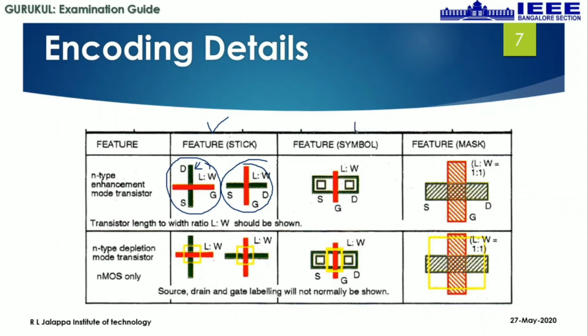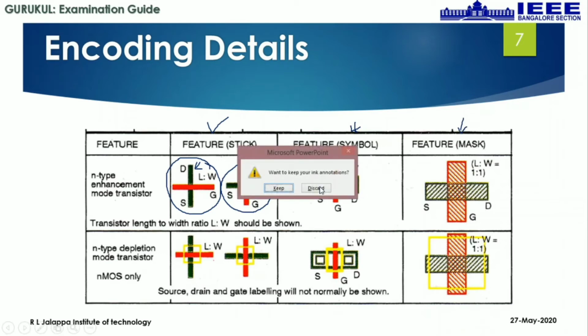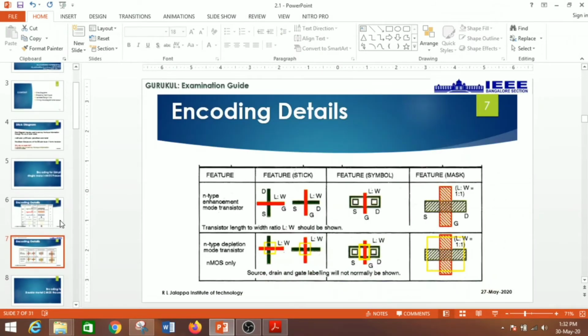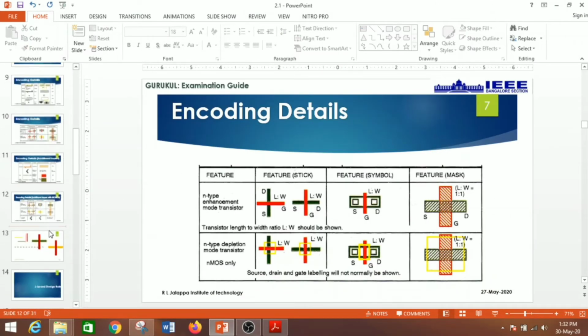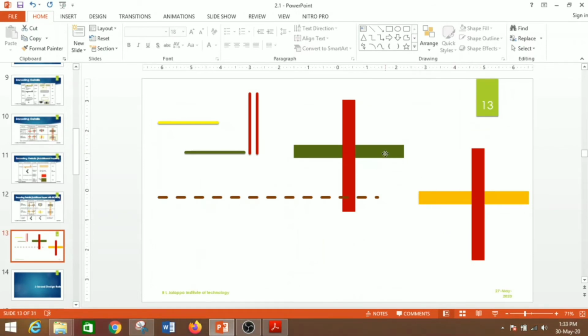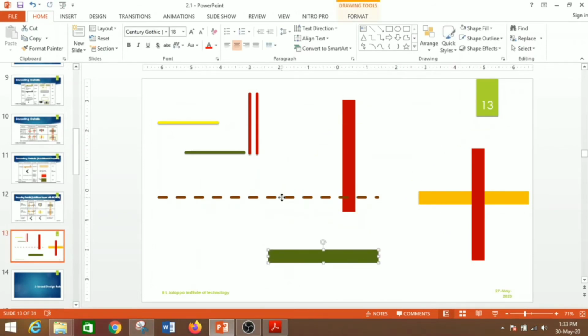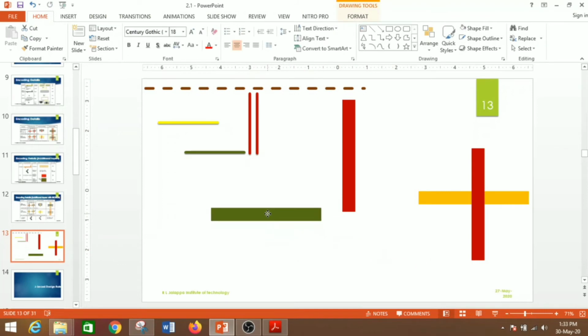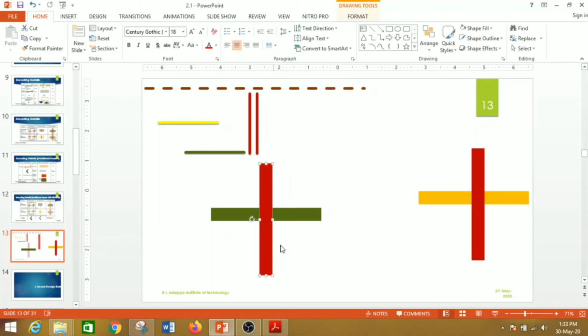Now, the same thing if you are writing in a mask, that is layout. The symbol is nowhere used for you, so I will not discuss much on it. Okay. So, coming to the layout, I will take a green layer. What is this green? Green is N diffusion. On this N diffusion, I will plot P, that is polysilicon. Now, this is the structure of a MOSFET. What MOSFET? It is NMOS.